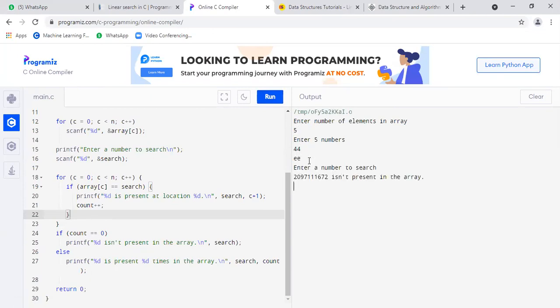So already I typed E, so it is not present in the array. So this is how the linear search will perform. But the disadvantage is that it will check the entire list and it is more time consuming.